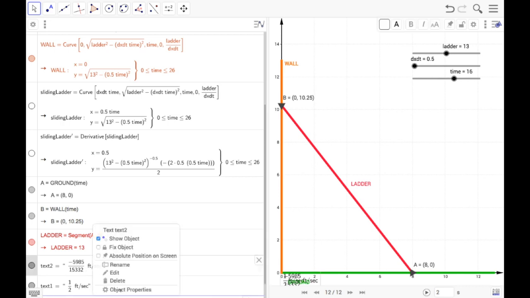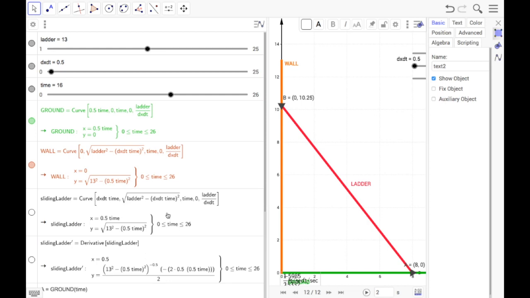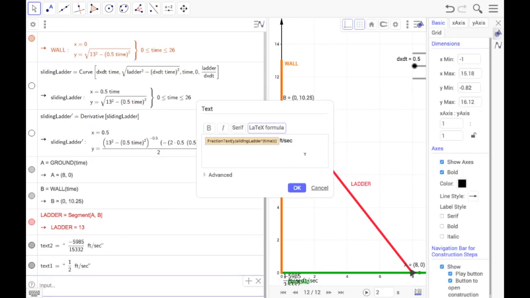And then let's look at the properties here so that we can clean that up a little bit so it looks a little bit better. So let's use the LaTeX formula, backslash frac, curly brace for the numerator, a second set of curly braces for the denominator. I want feet in the numerators, I want seconds in the denominators, and in the front for this one, this is for y, so I want to add in, let's paste that in,